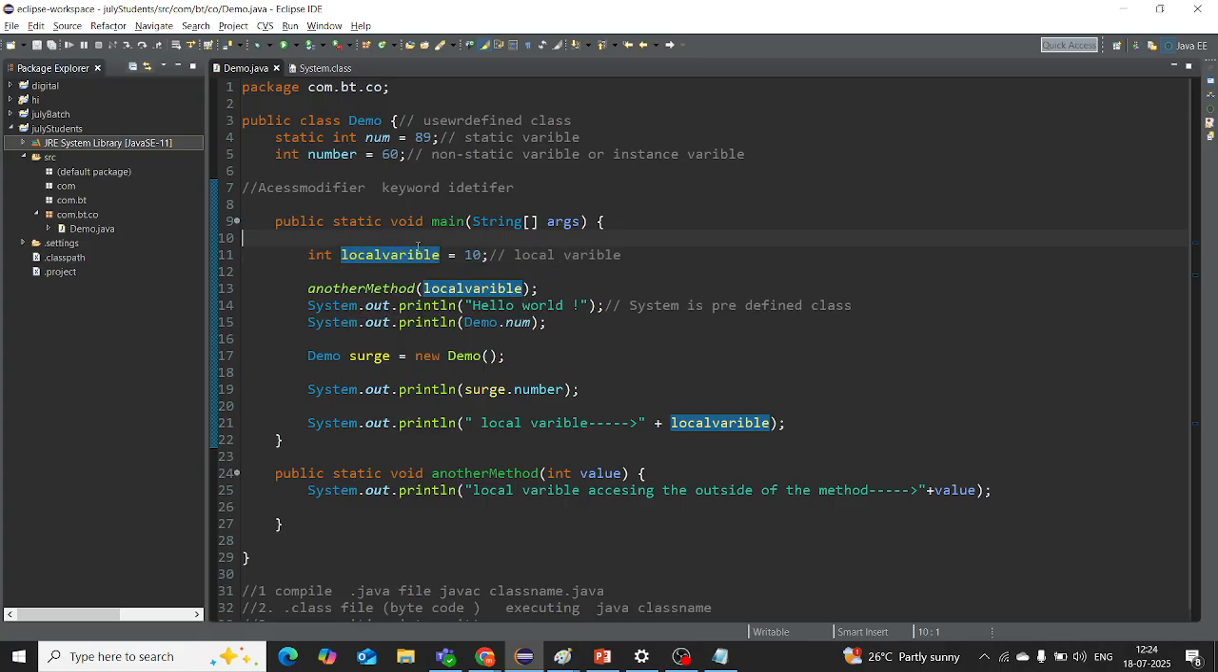Local variable is the name of the variable, and this is the key point. I wrote one method, public static void, another method is the name of the method. Here I pass the parameters. At the time of methods, I will explain what is meant by parameters, integer and value. So this 10 will be stored, assigned to the local variable whenever I am calling. Here I am calling a static method, that's why an object is not required. After I call this method,